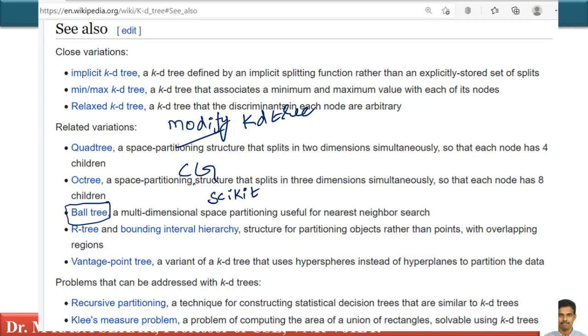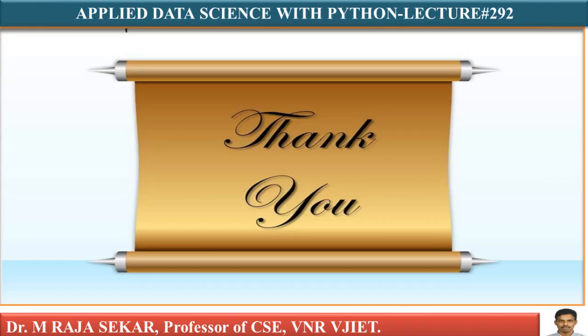which I told you is one of the most popular Python libraries for machine learning. We will see concepts like ball trees. In the next few lectures, I will discuss concepts like ball trees, which are implemented in scikit-learn to compute KD tree. Some of them are more popular and some of them are less popular. Again, this is not the end of your learning. If you want to explore more about KD tree, Wikipedia has very brilliant variations on KD trees which you can go through. Thank you very much.